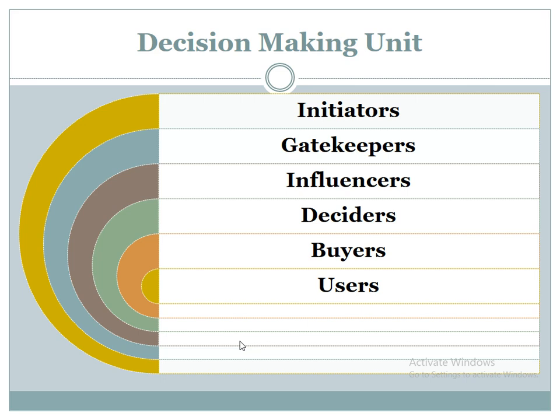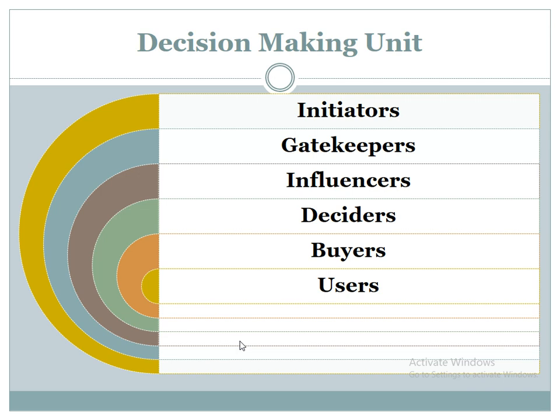So who is taking the initiative of purchasing the new machineries? That user or that worker is taking the initiative. So these are the initiators. So suppose you are promoting particular machineries or tools or maybe new software, then you should target the users. Those can be initiators for the purchase order.